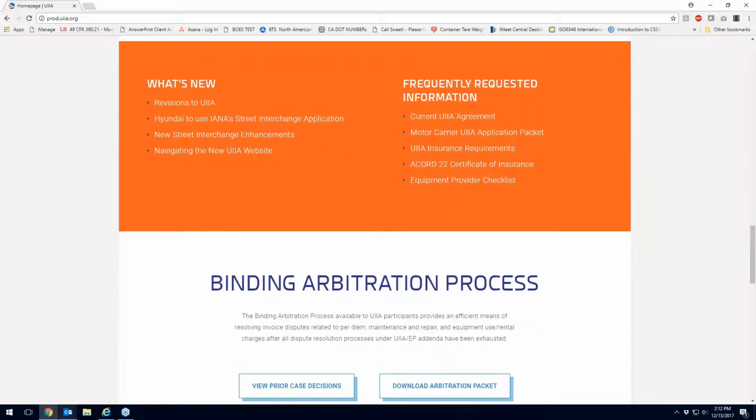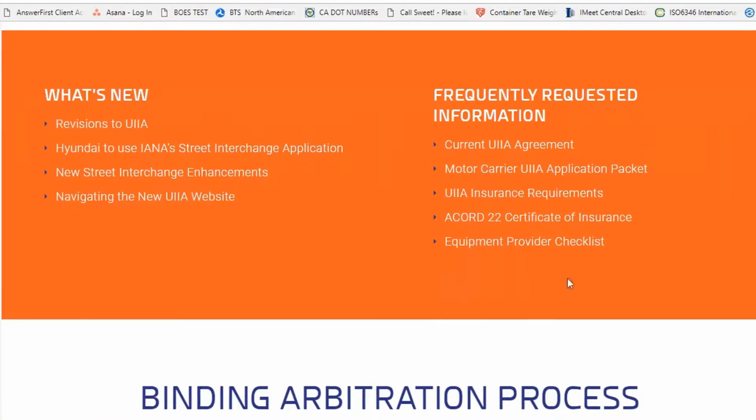The one section on our homepage that you as an agent would be interested in would be this section here in orange, which is our What's New section. Anything that pertains to the UIIA, like any type of new equipment provider notifications, or if there are new instructions on how motor carriers are to provide insurance or navigating the website, all of those links will be provided here,